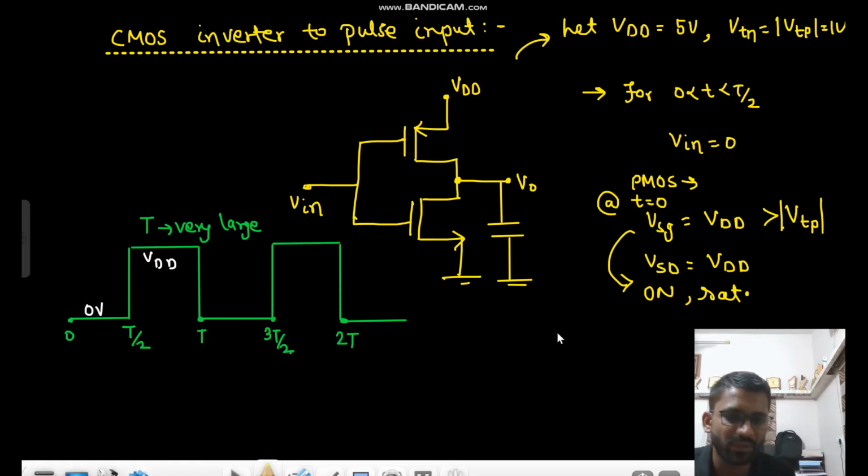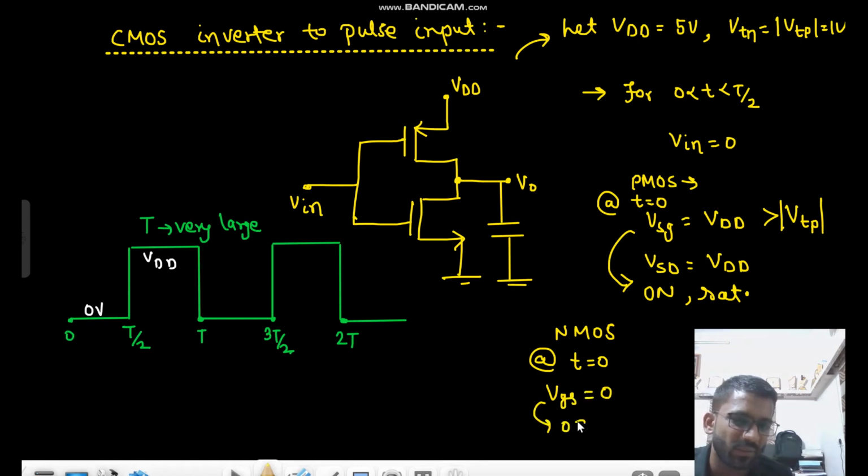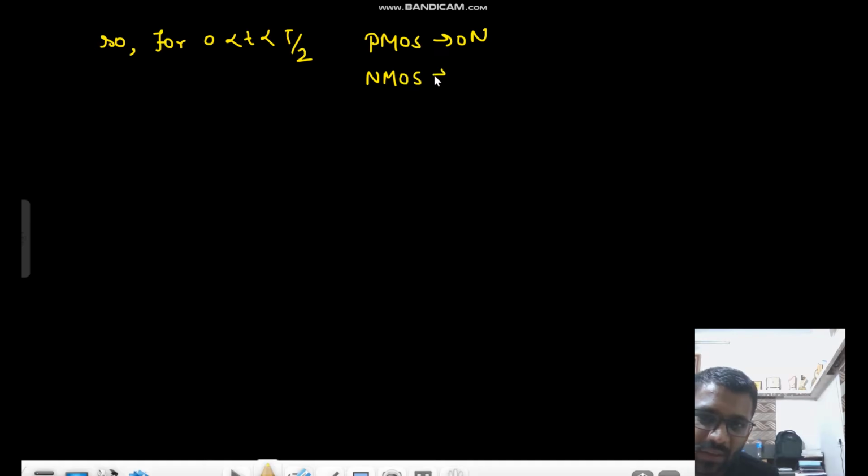And in case of NMOS at t equals 0, VGS would be 0 only. That means it is off. So for 0 to T by 2, your PMOS is on and your NMOS is off. So if you draw the characteristics,